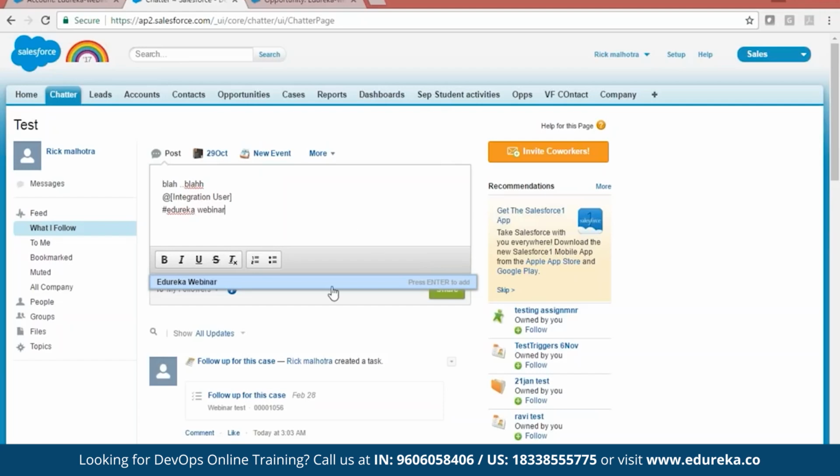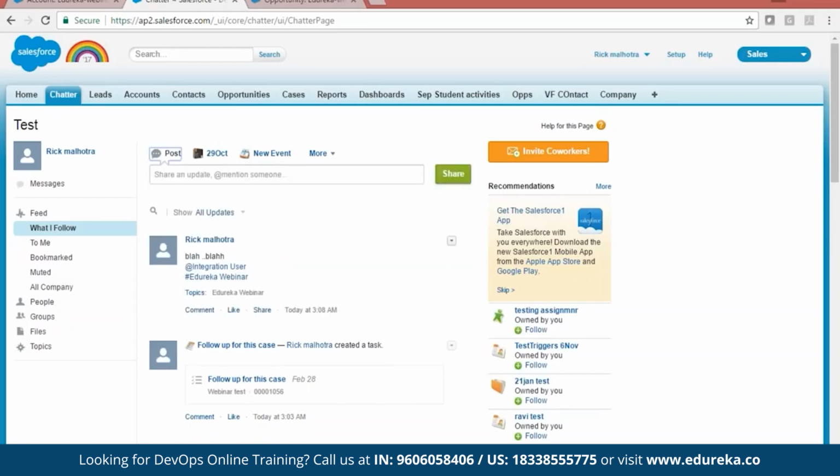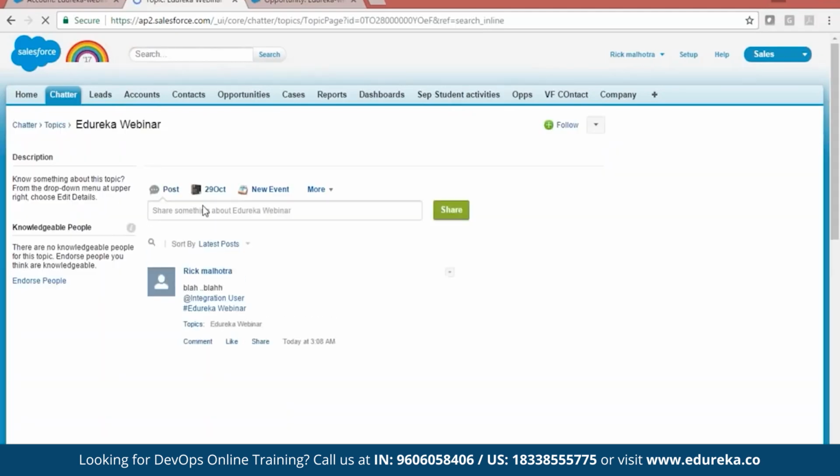You might have seen these days during elections and some advertisements they always say hashtag. So these features are available just like social media. The benefit of a hashtag is that if I type the same thing, I can check how many people are talking about the Edureka webinar. That's a hashtag.